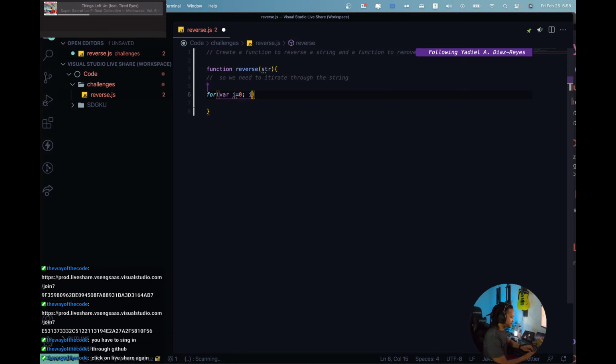Yeah. Okay. It's going to be less than the string dot length. It's coming back to me, man. I plus plus. And now within that for loop, I'm going to do a thing where